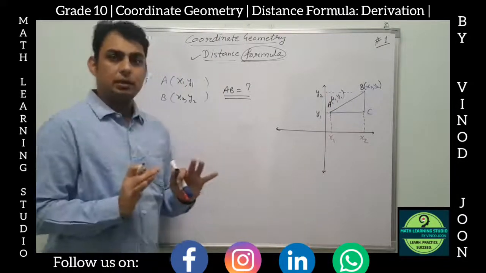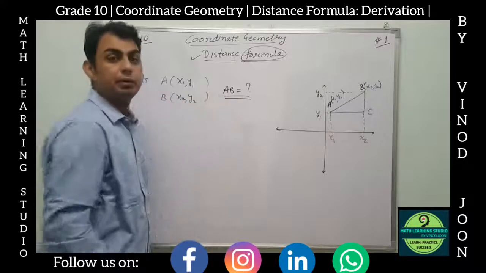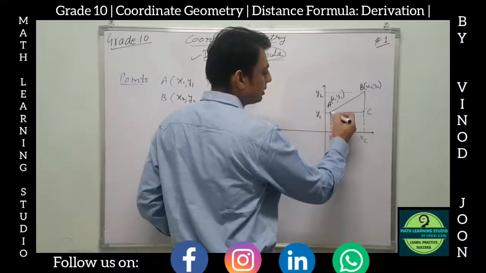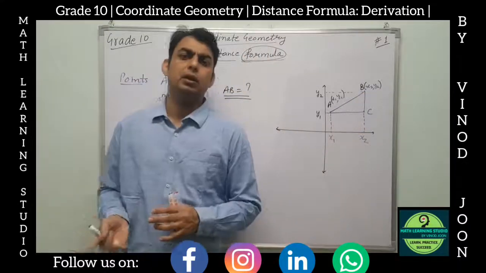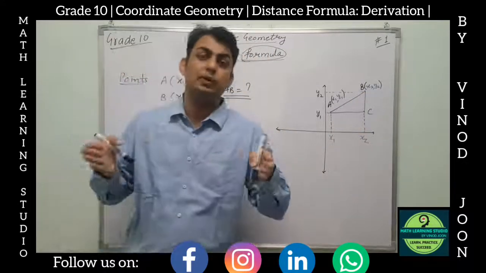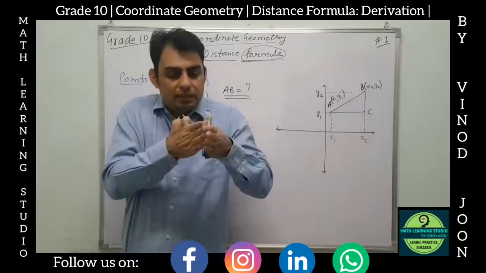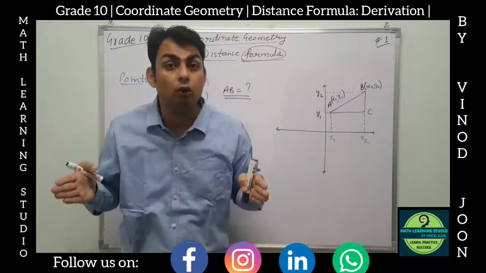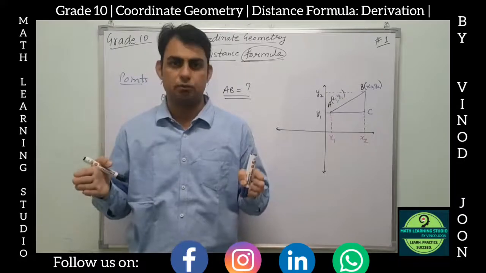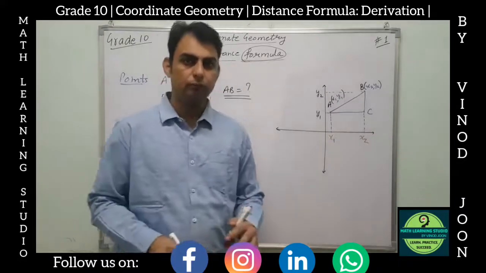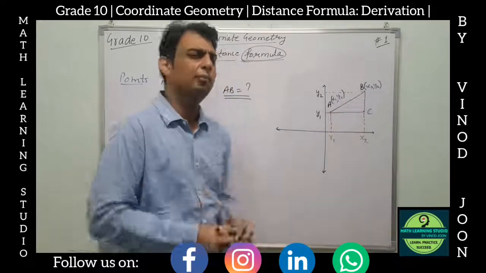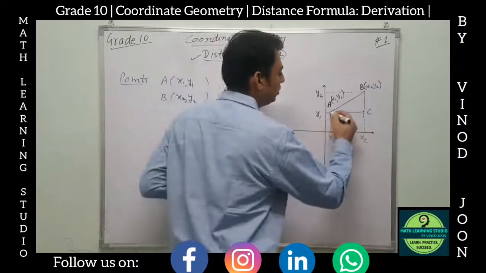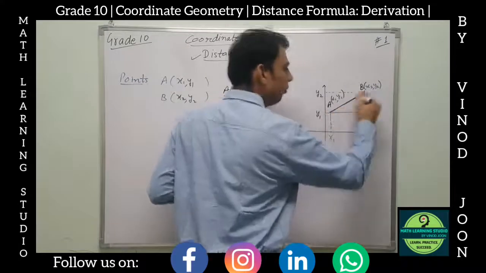So our task is to find this distance AB. Distance AB means this length from A to B. Very simple. See, in geometry, what is the meaning of distance between 2 points? It simply means the length of the line segment which joins these 2 points, right? So here also the distance AB simply means we have to find the length of this line segment from A